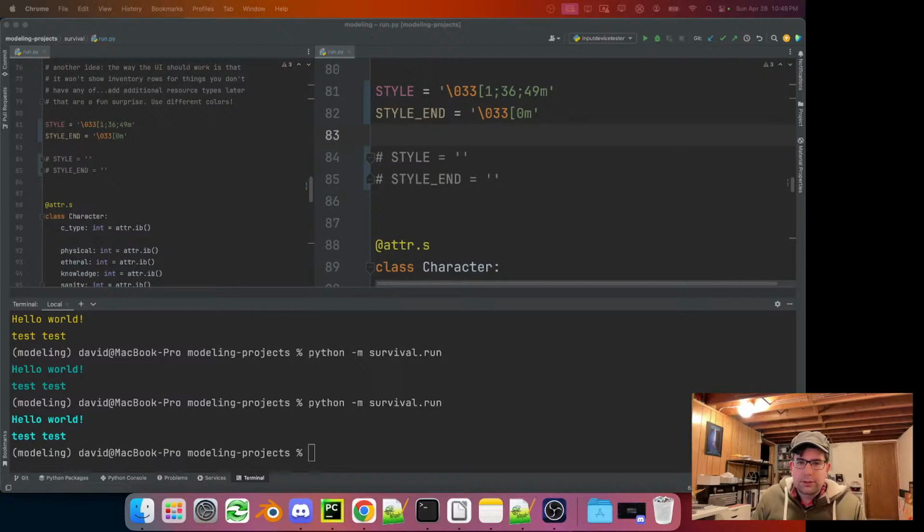Okay, so character type. Human equals 1, Nephilim equals 2, Nomad equals 3, then 4, and then we'll just do,